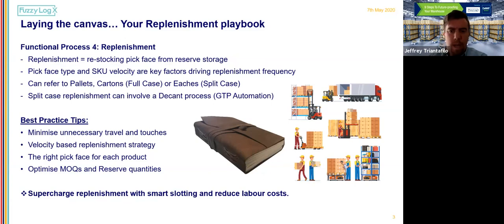So, the last point that we make there is about the minimum order quantities and your reserve quantities. That's around making sure that you have a unit that you can move efficiently out of replenishment, out of reserve stock into your pick face. You don't want to be doing half a carton, for example, and returning half an open carton into your reserve. So if we move on to the next slide,